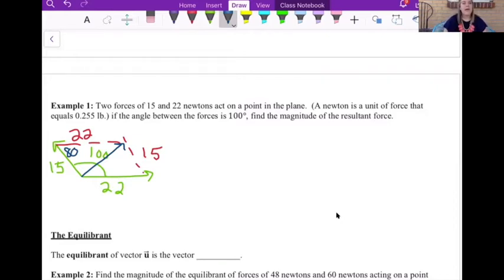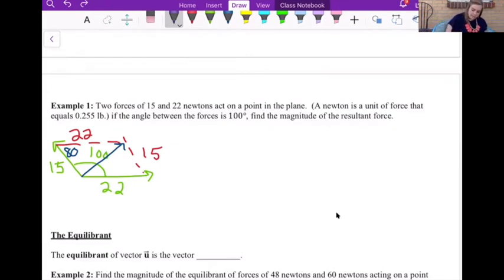And so it has to be this diagonal because, just a note, if it was this diagonal, it wouldn't be end to end. And so it would end up resulting in a different number. And so that is not the one that we want. So it has to be the one that goes in between the two angles. And so then